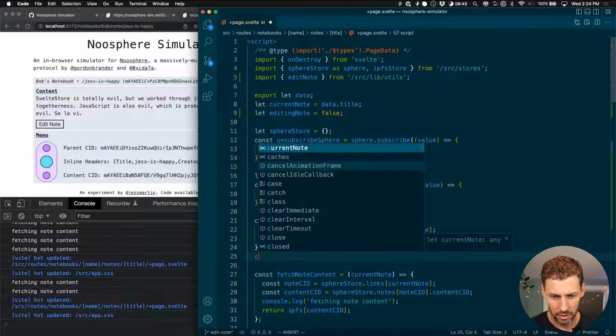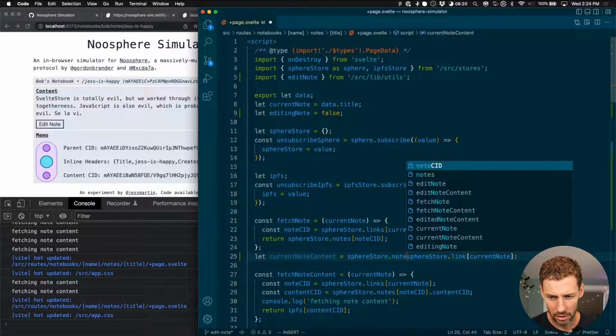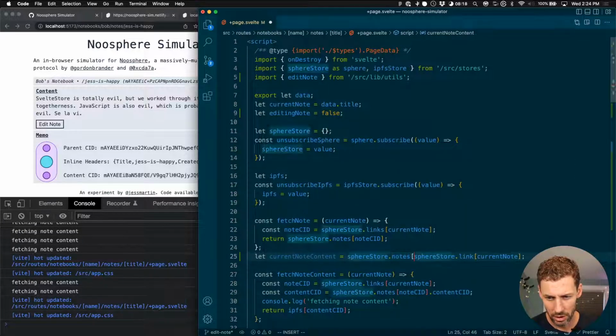I think it looks like this. Let current note content equal... I could do fetch note, but what I want to do is sphere store dot links current note gives me the CID. This is going to be one ugly thing, but I think this will do it. Sphere store dot notes,